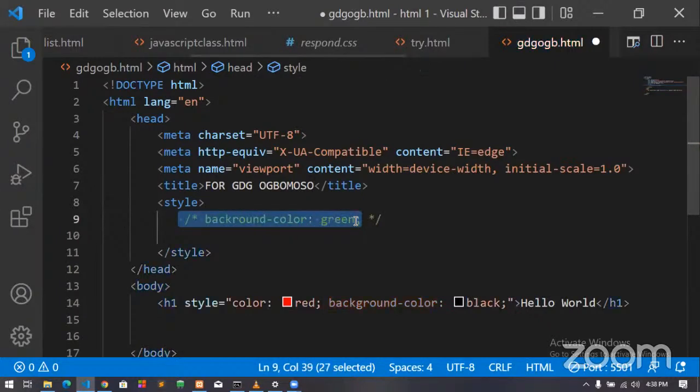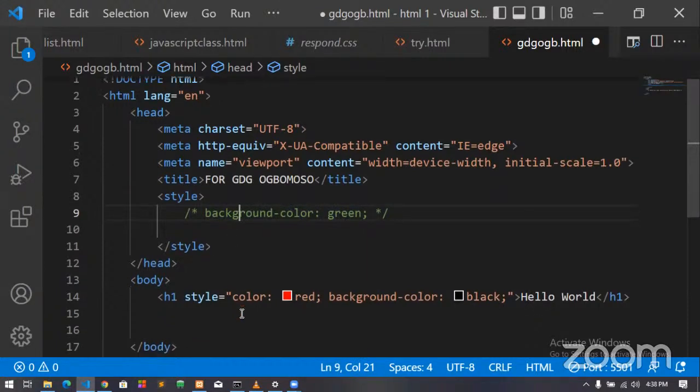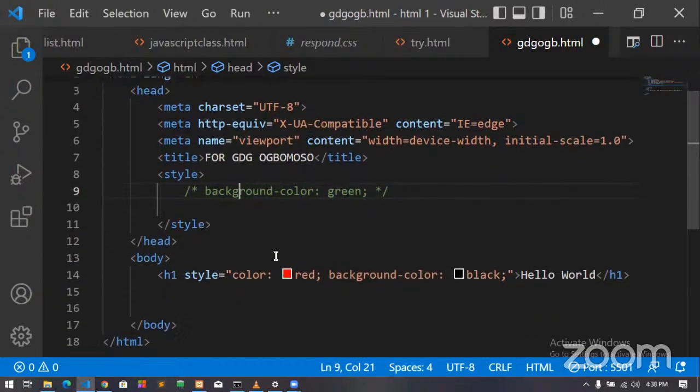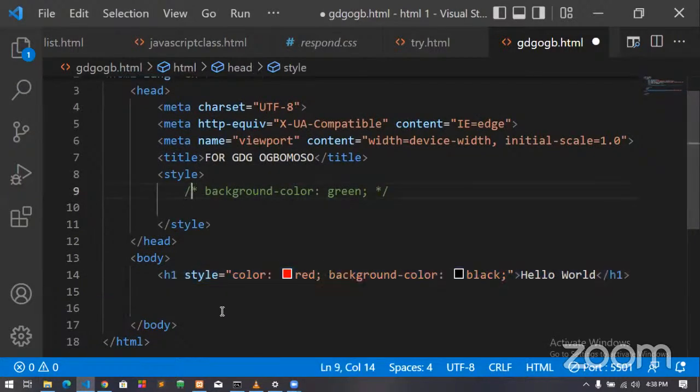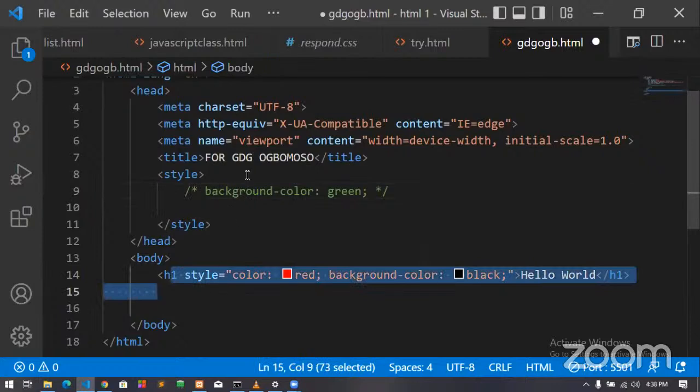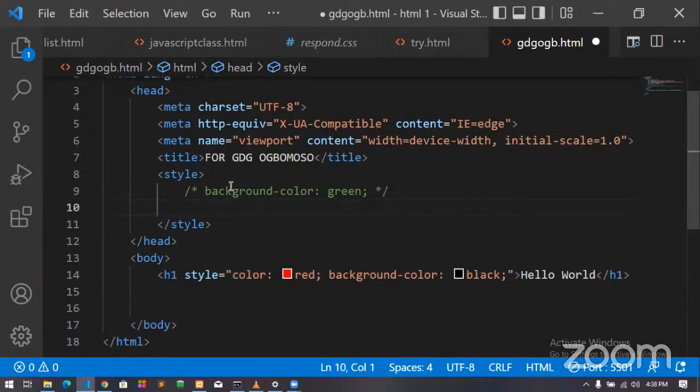My code will be like, does this person know what he or she is doing? You are saying background color, but what is that thing that is actually taking the background color? Which means that there should be a way you can specify that it is my H1 that wants to give a background color, or it is my P tag that wants to give a background color, or it's a div that wants to give background color too. So you should find a way of selecting each element you want to style in your styling.